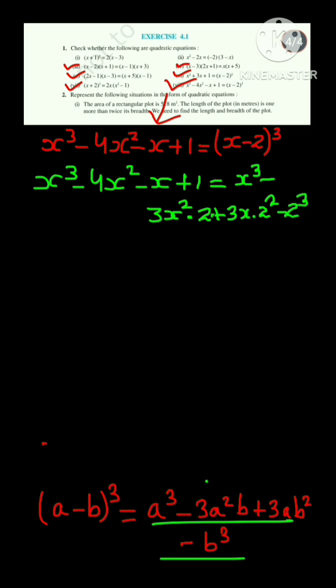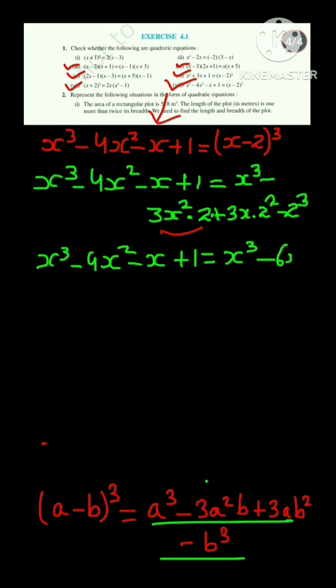Okay, now let's simplify. x cube minus 4x square minus x plus 1 equal to x cube, okay, minus, and here 3x square into 2 we obtain